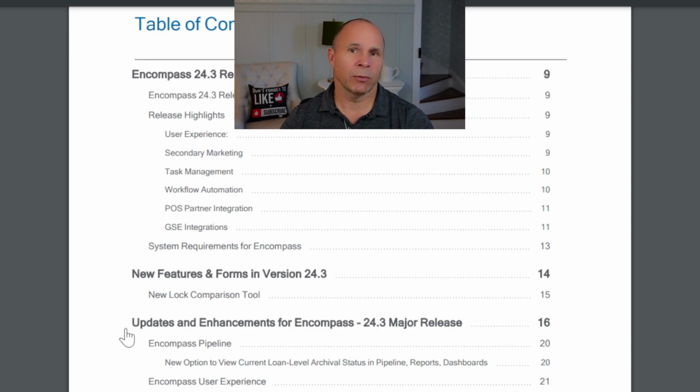Again, these are the pre-release notes. So if you're listening to this and there's something a little bit different, we're going to do our best when it gets closer to release to go through any changes in the pre-release notes versus the release notes.